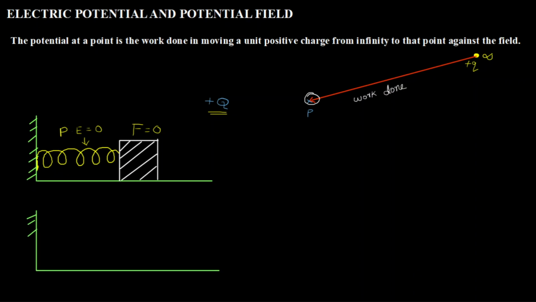So I will consider the same surface, but now the spring is compressed because I have pushed this box from right to left. You can either pull it from this side also, doesn't matter. So basically I am doing a work from this side, I am pushing it. Now, does this spring have any potential energy? Will this spring have some energy? Yes. Now it is not in its normal position. You have contracted the spring. So the spring is in a contracted position, ready to release.